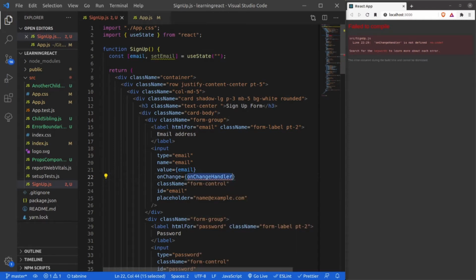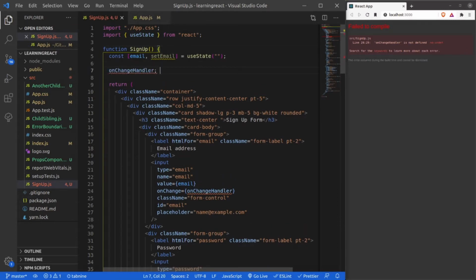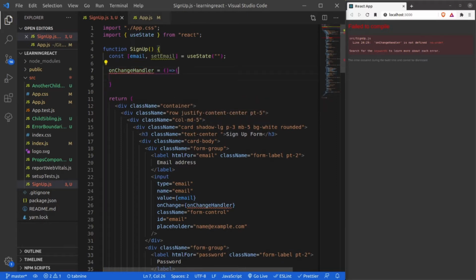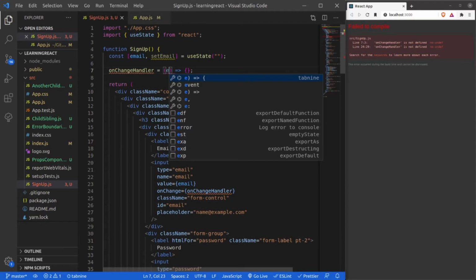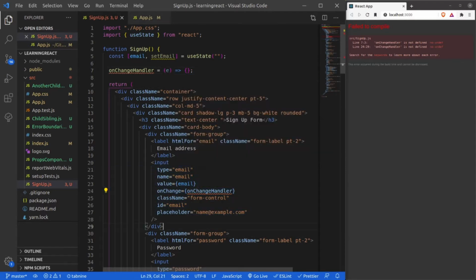All right, and this onChange handler is not defined, so let's define this onChange handler. We need to pass the event because we know that the input element's onChange is going to give me the event.